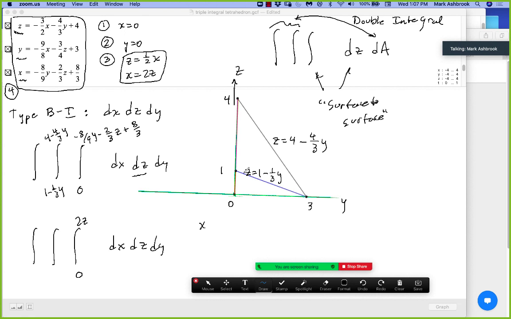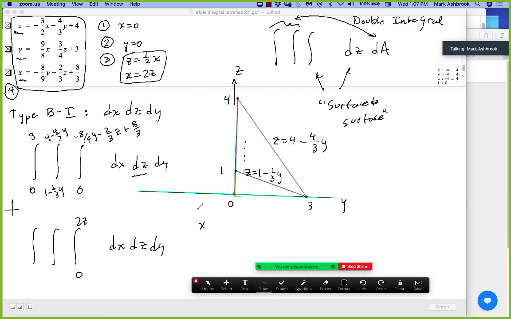So we know we've got all these strips from bottom to top, and the first strip on the left is at y equals 0, and the last strip on the right is at y equals 3. Okay, plus,